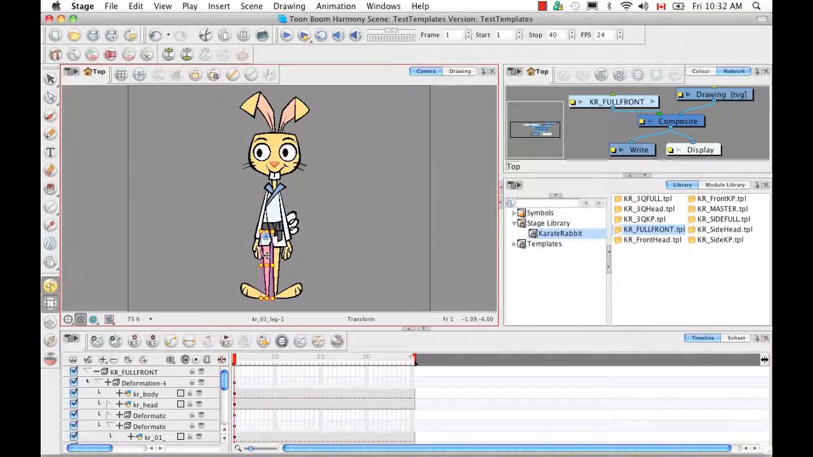If I select it in the camera view with the transform tool on, you can see that it turns pink and that this bounding box surrounds it. So we don't want to make any movements in this position because then we'll just be animating the drawing and not the deformation skeleton. And I'll show you what I mean. So if I move the leg like this,